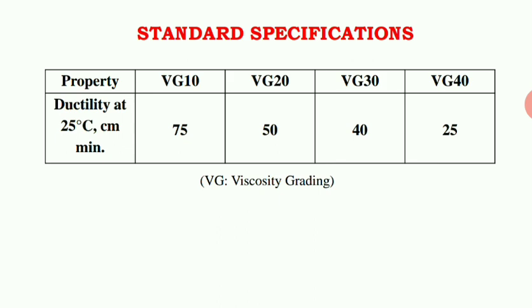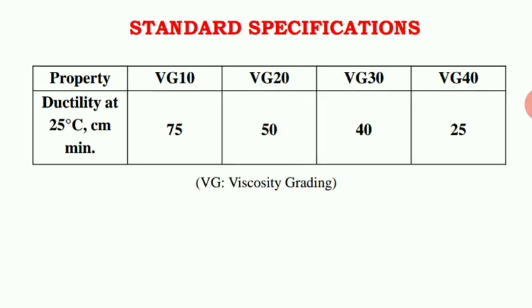25. So here the ductility value of the bitumen varies from 5 to 100 for different grades of the bitumen. Whatever values you can see here, 75, 50, 40, 25, while testing we may get any result that starts from 5 centimeter to 100 centimeter. Again, that depends upon the different grade. If a good grade of bitumen has been used, then the ductility value will be more. If poor quality, low graded bitumen has been used, then the ductility value will be reduced.